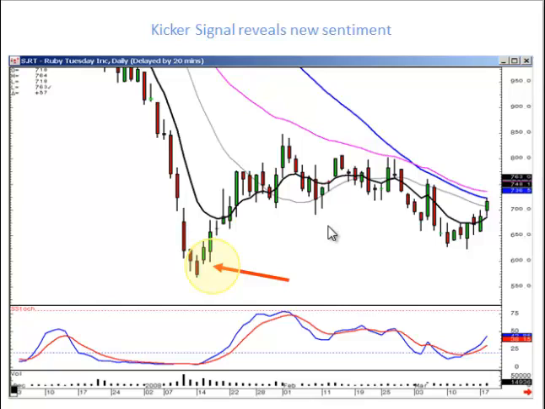And all the other elements of strong reversal situations can also be applied to the kicker signal. Notice that this downtrend has moved away from the T-line. Now they have a kicker signal going from a red candle to a green candle. Where's the first likely target? Probably back up to the T-line. But remember, this is a kicker signal. The probabilities are that it's going to go right through the T-line.